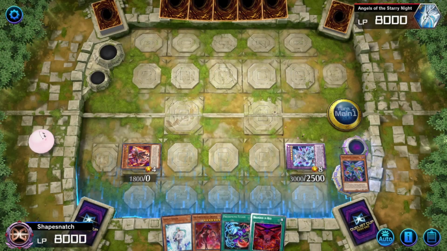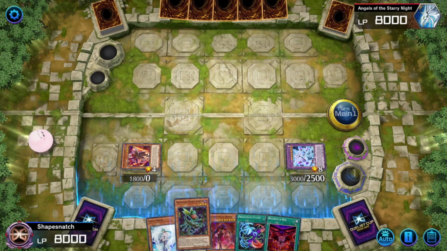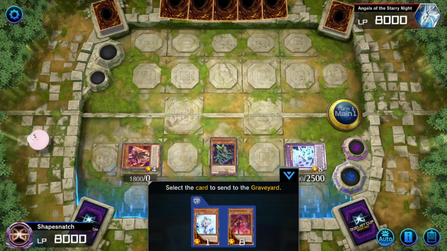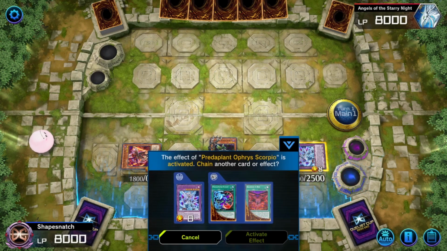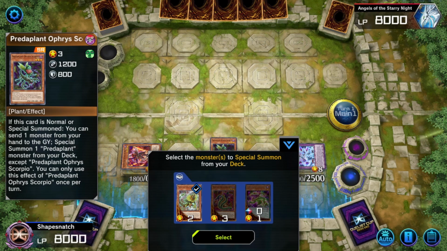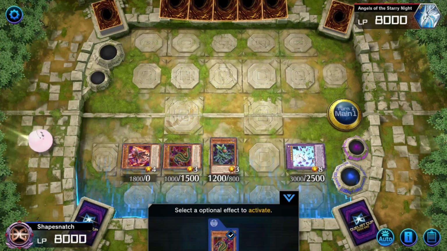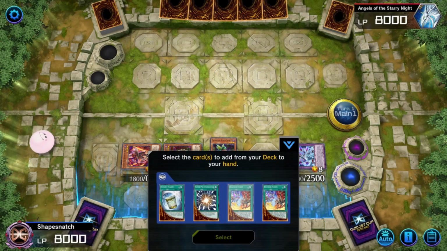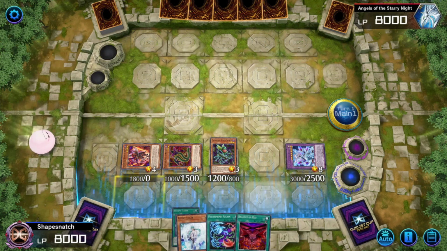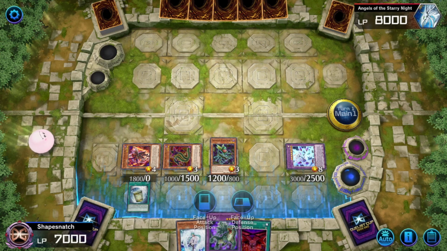Now Bibslisp will add us our Ophrys Scorpia. Now we'll normal the Ophrys Scorpia and pitch any monster. This time, instead of getting Chlamydyl Sundew like we did when we opened with this, we have to get our Darlington Cobra, which will then add us our Instant Fusion. Now we'll Instant Fusion to get our...